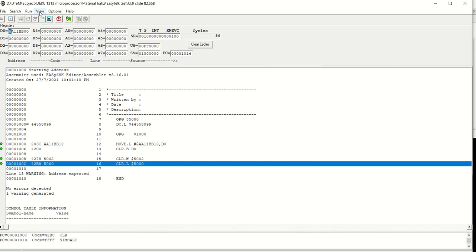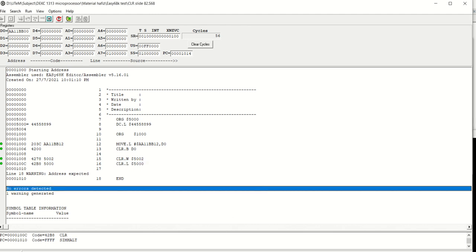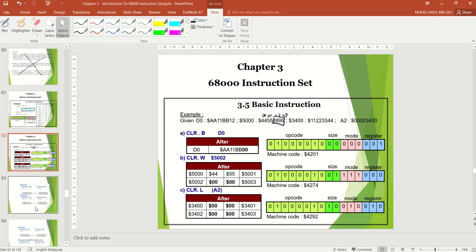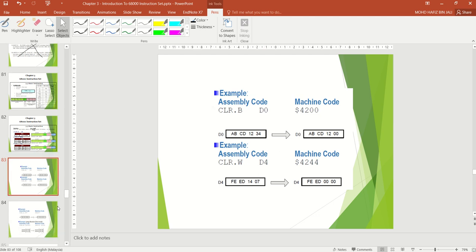Okay, all the content inside the address memory 5000 is cleared to 0000. Okay, this one is the example. Several examples. You can study from this slide for better understanding.